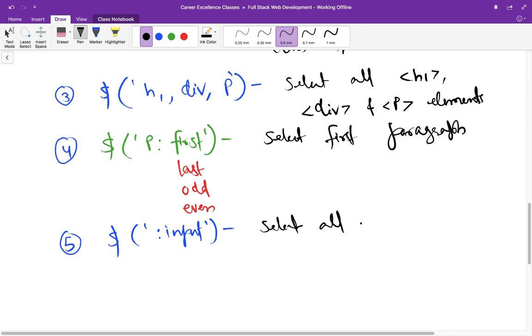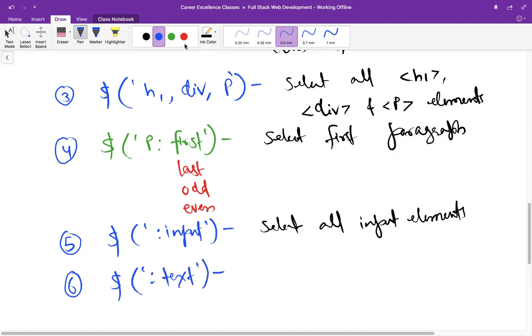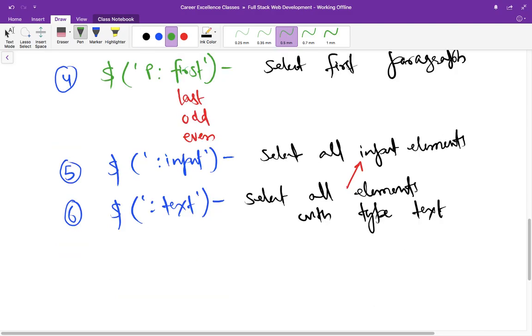Next thing, the fifth one, is about selecting inputs, and this syntax selects all input elements. The last one that I am going to tell you here is related to the input box, and here I am using text, which means select all input elements with type text. Not only text, but you can select other types of elements also.